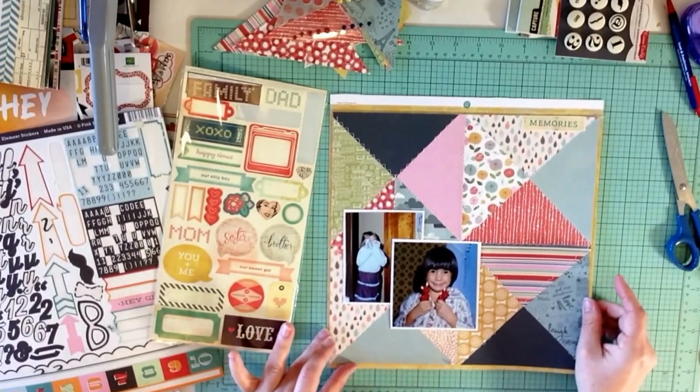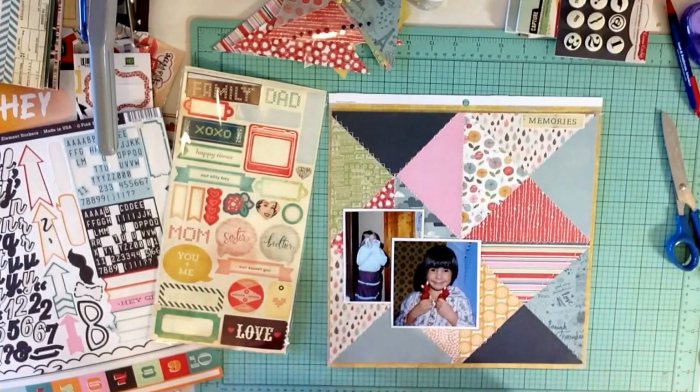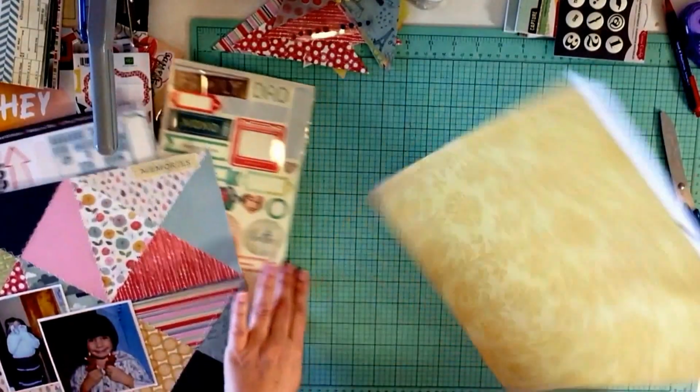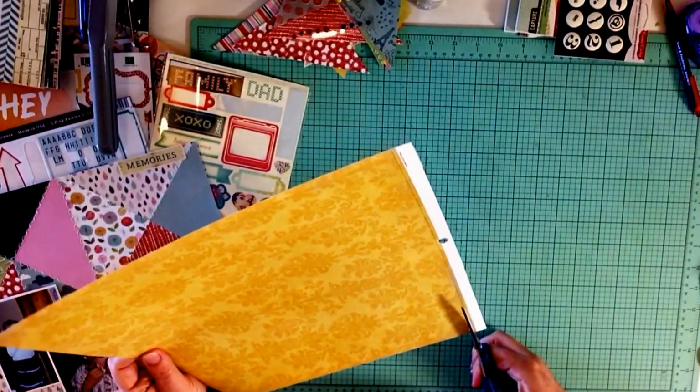And the yellow could be a backer. What do we think? Like this here? Let's just do it. Let's not think about it. And so I think I